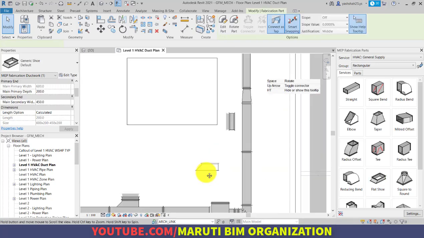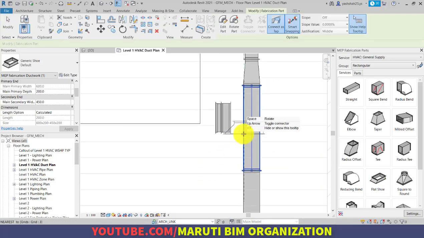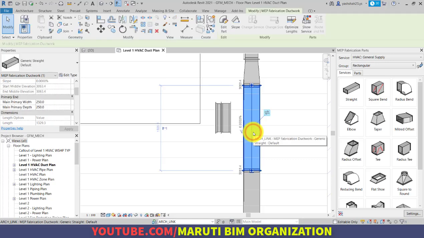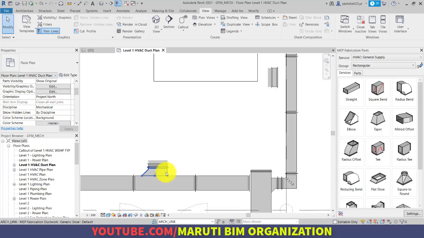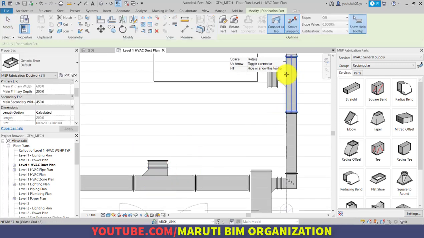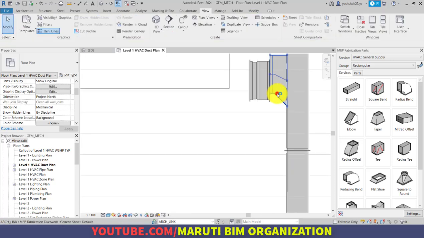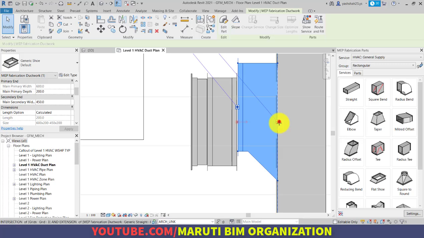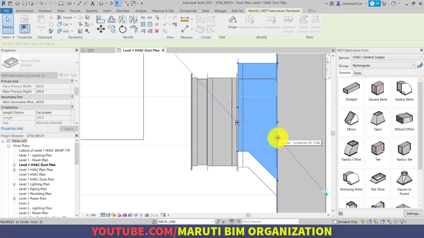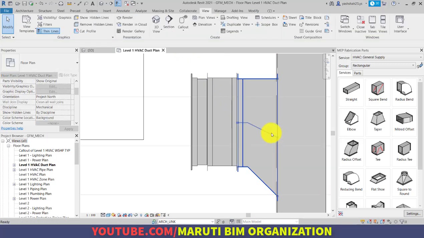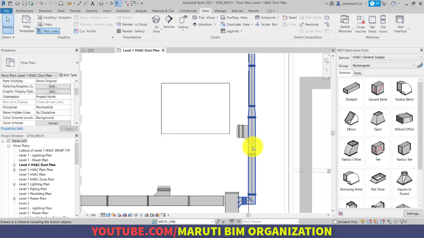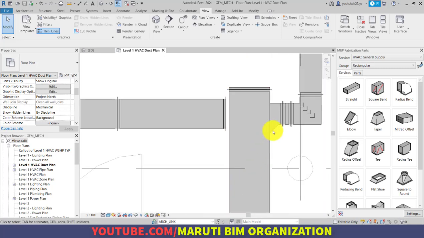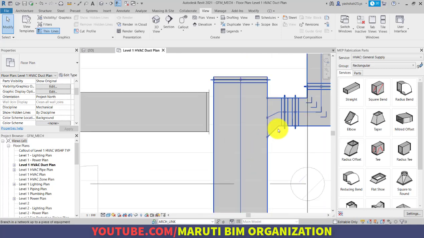Create similar. So selecting this duct and dragging to the proper location, and drag this to the exact location. So notice that everything is now connecting very properly.